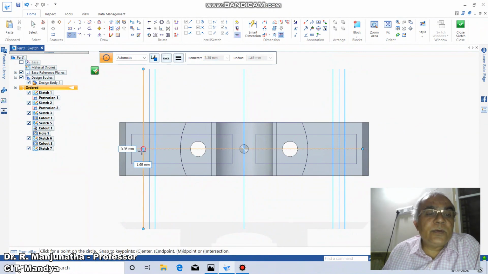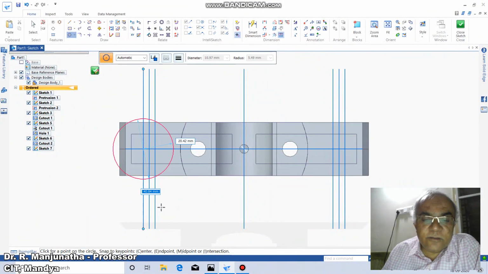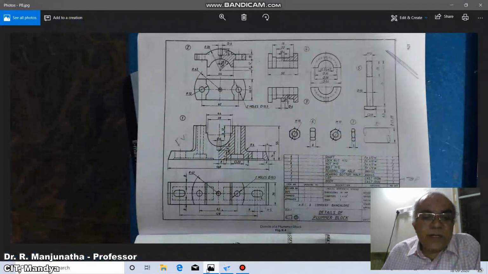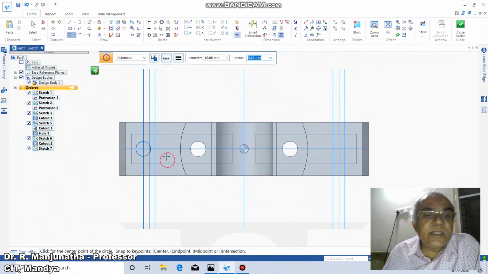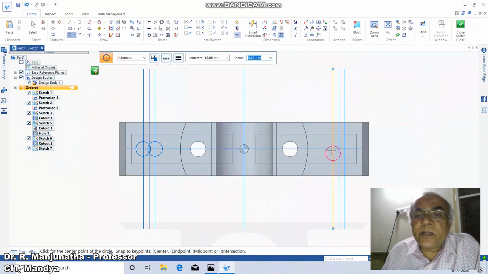So similarly on this side also we can create both together and then go to circle, take the radius of 5. So the radius is 5 or the diameter is 10. So we can see the oblong hole radius is 5, so the diameter is 10. Similarly on this side you take 10 and also on this side.